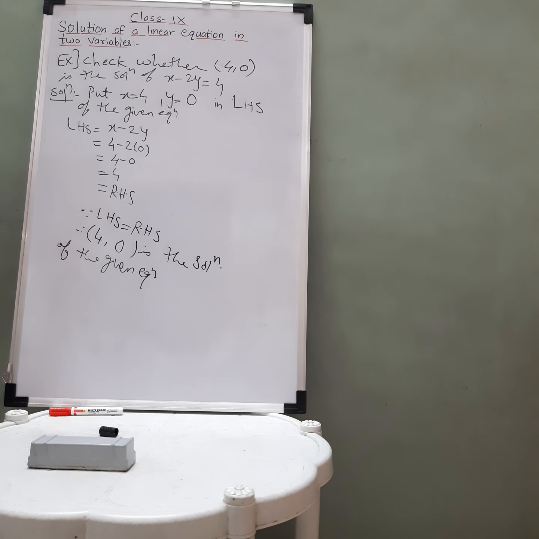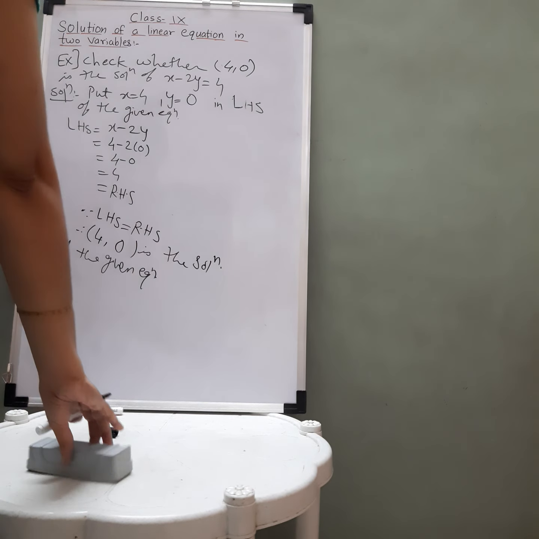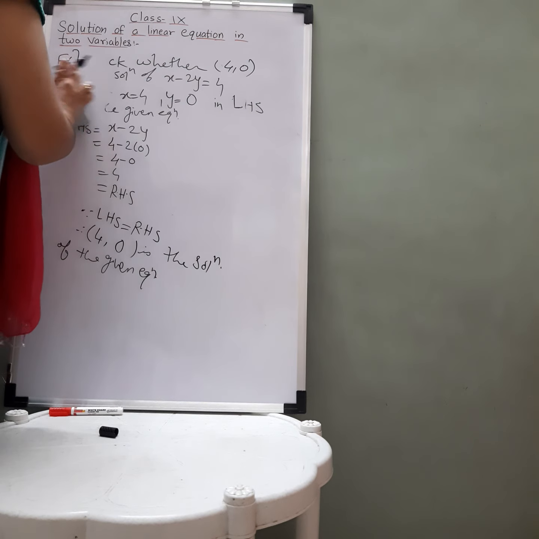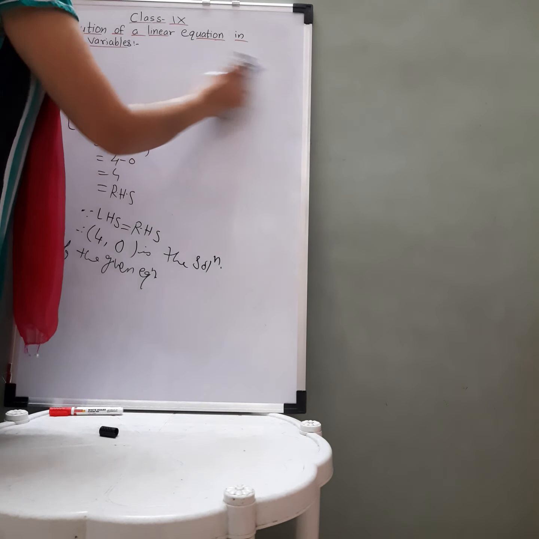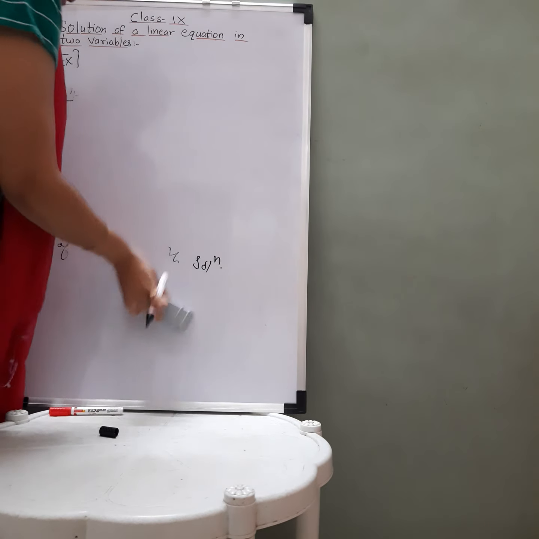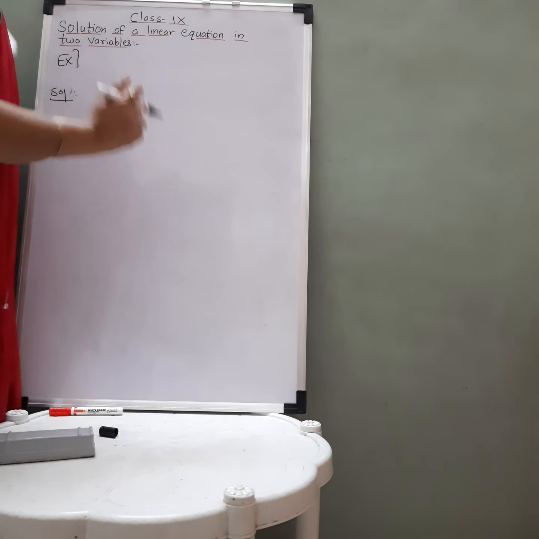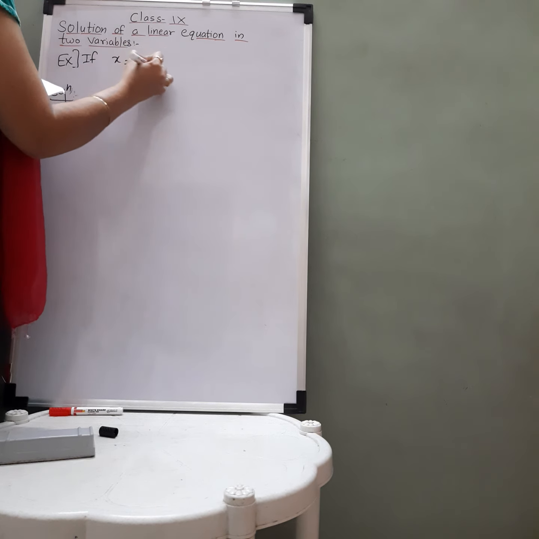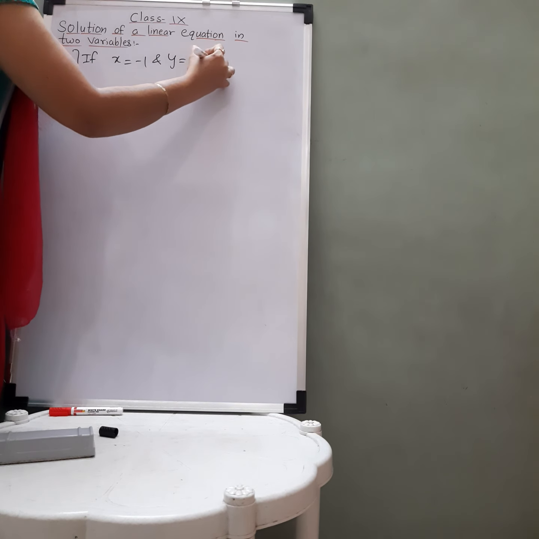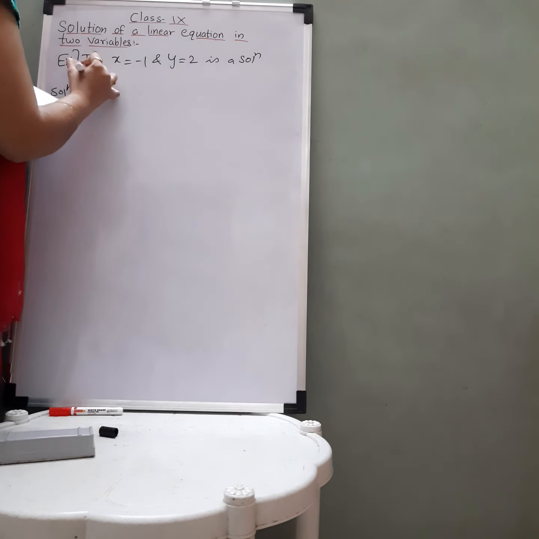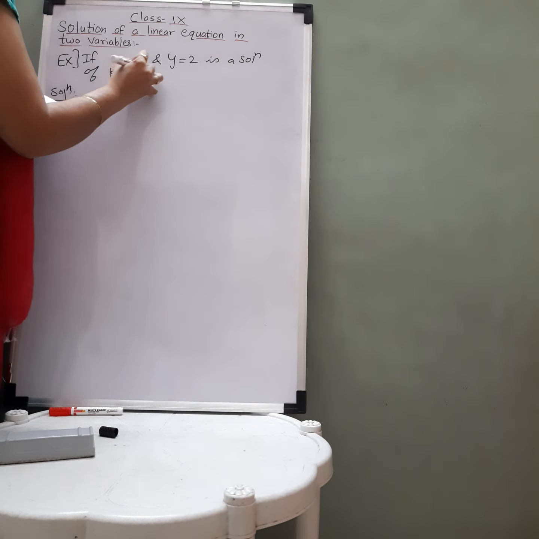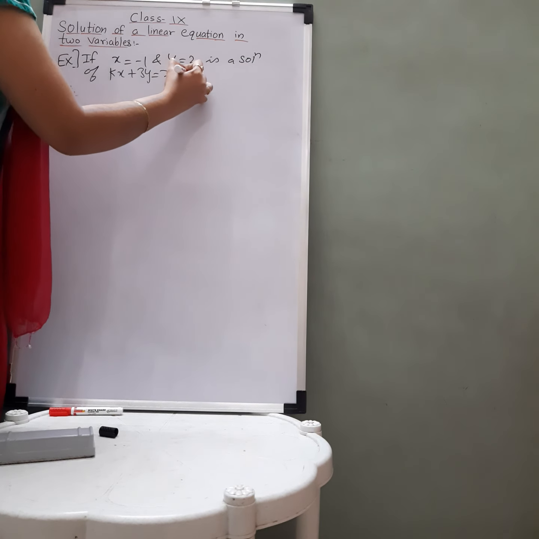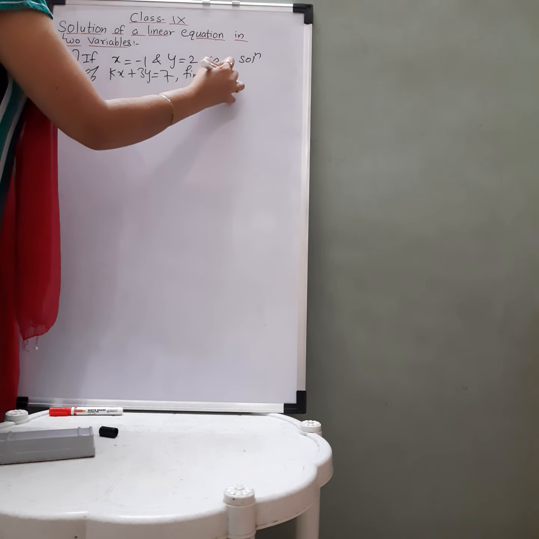Now I will take another example, that if x is equal to -1, y is equal to 2 is a solution of kx plus 3y equal to 7, then find the value of